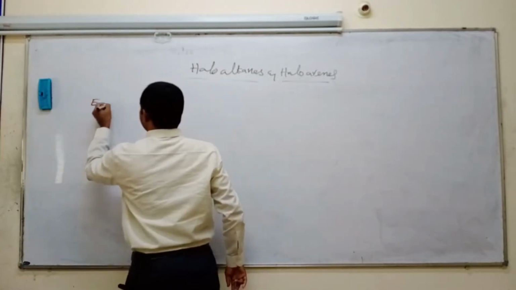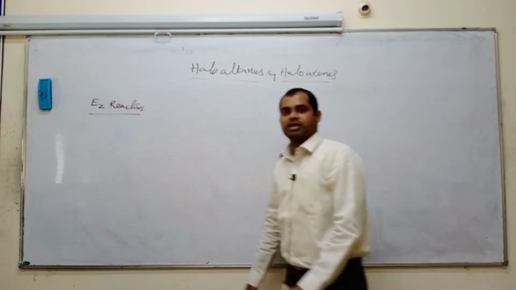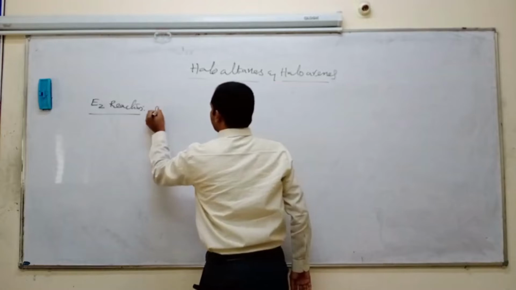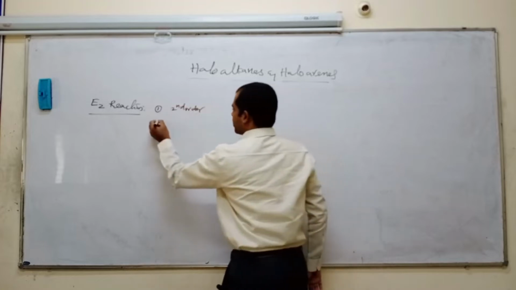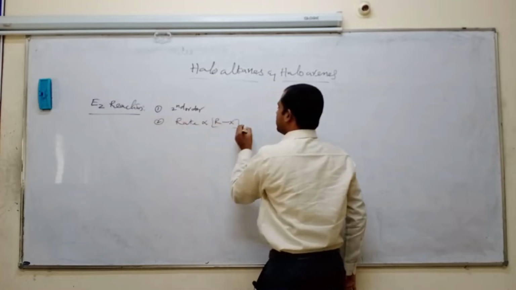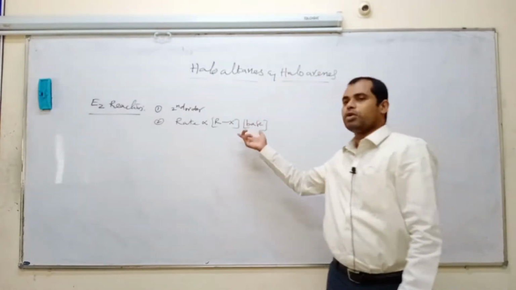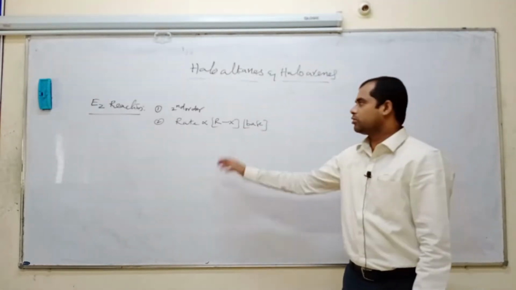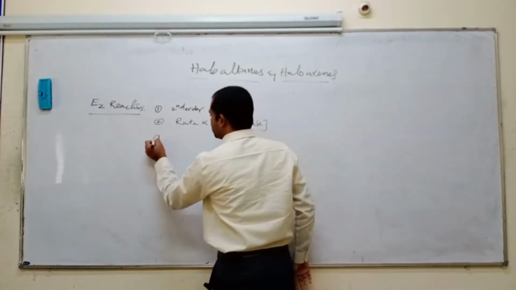The next reaction is the E2 reaction. E2 means bimolecular elimination reactions. It also looks like the SN2 reaction. Let us see. This is second order kinetics. Why is it called second order kinetics? Here the rate is directly proportional to the concentration of alkyl halide and base or nucleophile. So the rate depends upon two components, two substrate molecules. One is alkyl halide, second is base, nothing but nucleophile. So this belongs to second order kinetics.